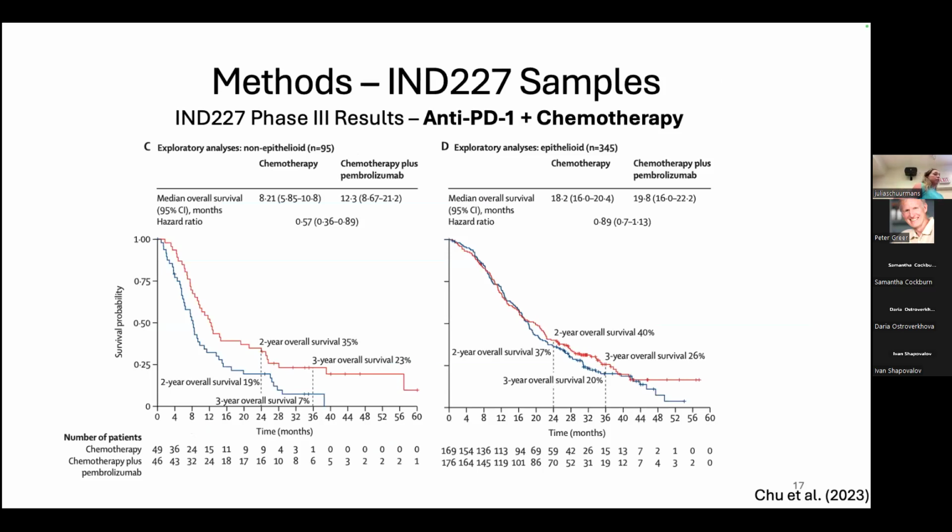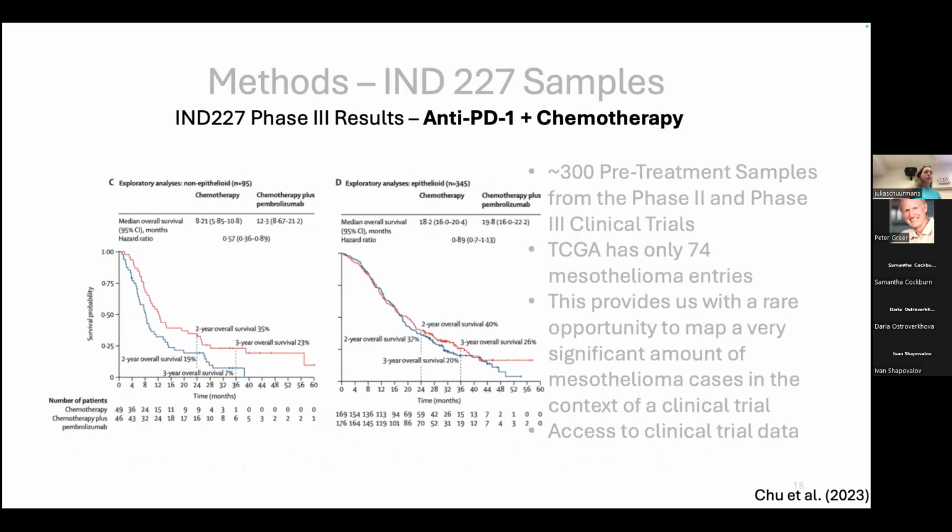And how am I going to study this? Well, we're lucky enough at the Control Lab to have access to a whole bunch of clinical samples from the N227 clinical trial, which was performed with the Canadian Cancer Trials Group at KGH. They looked to see if there was any clinical benefit to treating mesothelioma patients with anti-PD-1 and chemotherapy. What they found were results very similar to those seen in the CheckMate 743 trial, where the non-epithelioid subtype over here on the left had a result, while the epithelioid subtype had almost no benefit to immunotherapy.